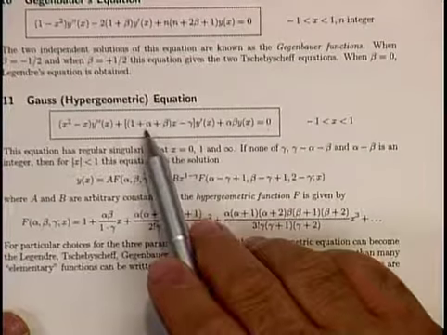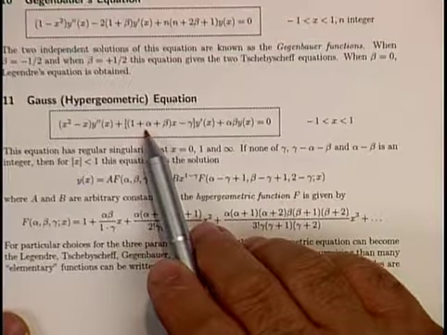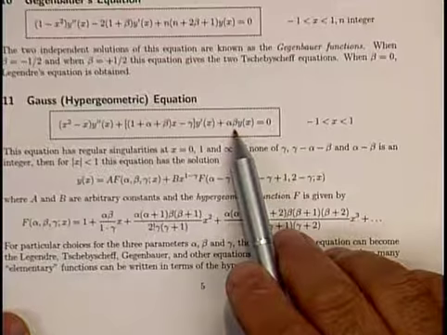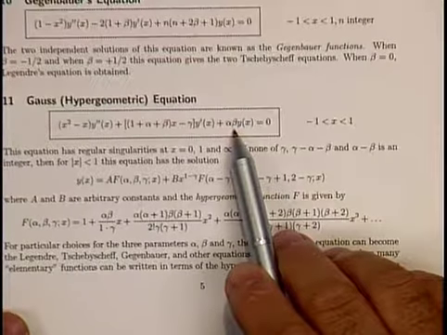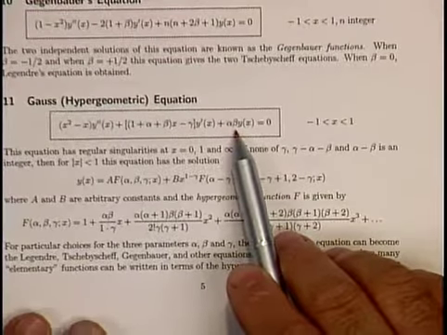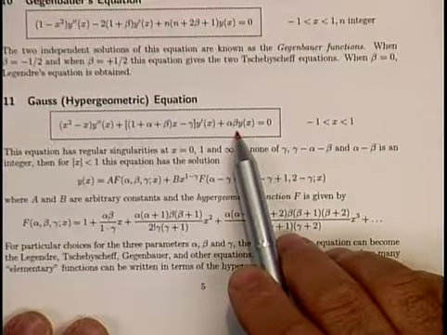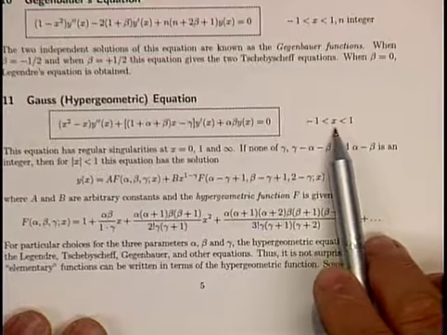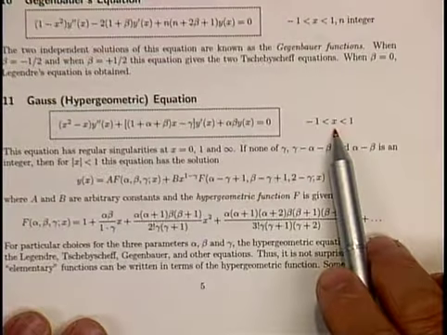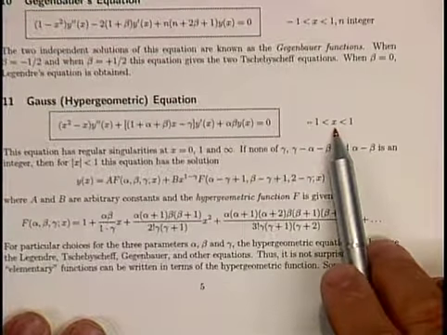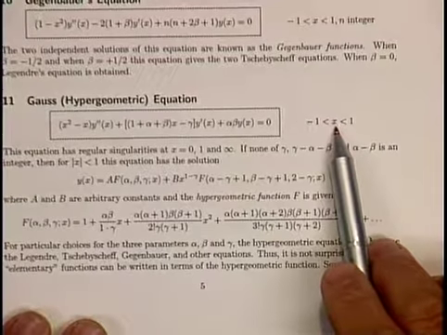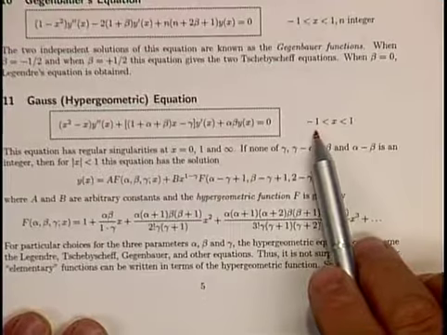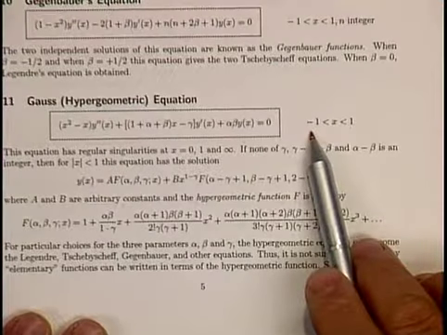So your p of x will have in the denominator x multiplied by x minus 1, and the q of x will have x multiplied by x minus 1. So the two singularity points will be x equal to 0 and x equal to 1. So when you seek a solution, for example, at x equal to 0, the range of validity of the solution will be just in the interval from x equal to or greater than negative 1 and